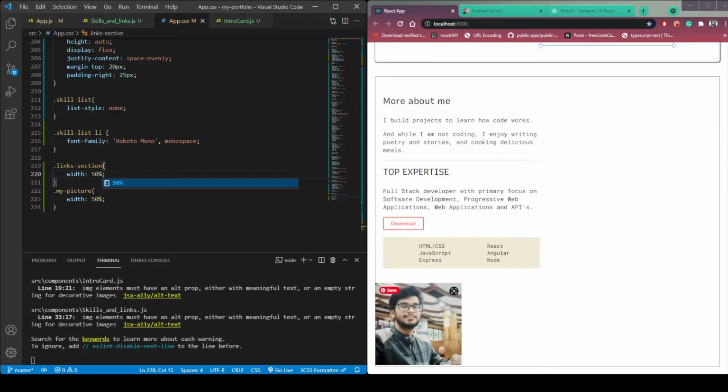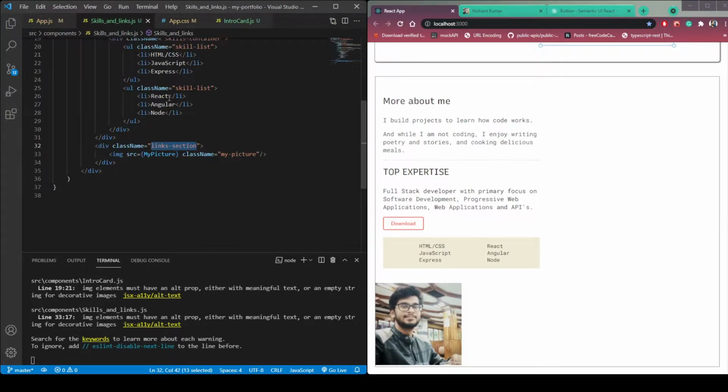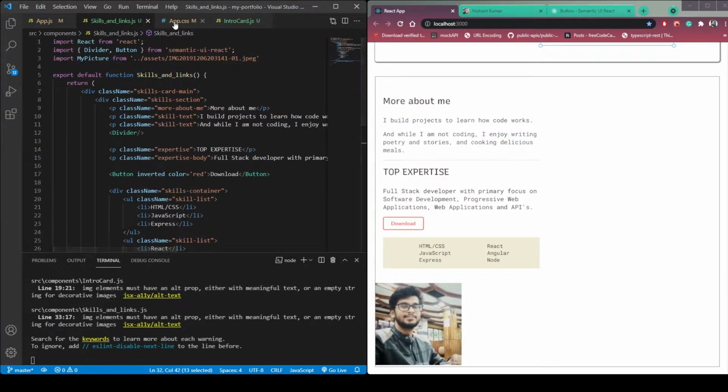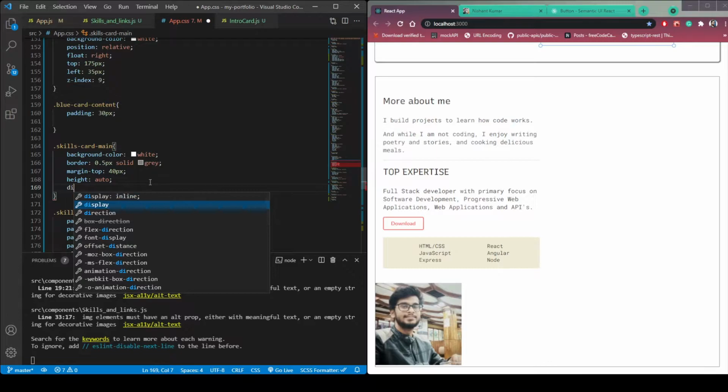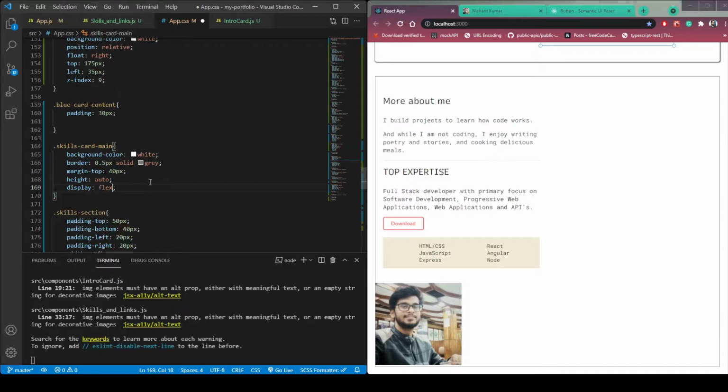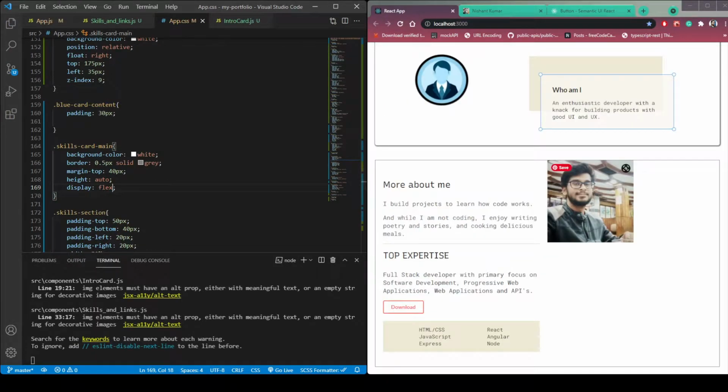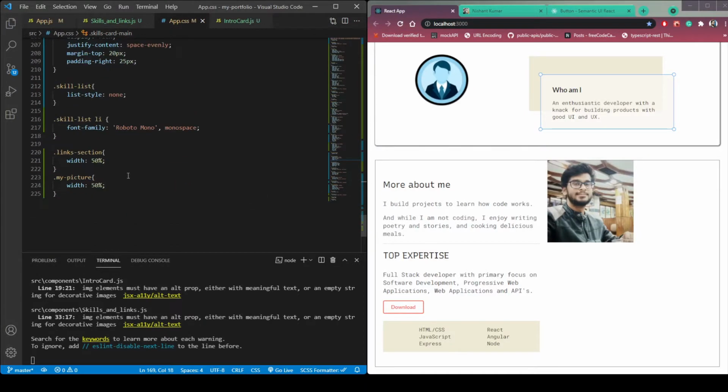Now we need to show this image and the left side horizontally side by side. So in this skills card main, let's use flexbox. So skills card main display flex, save it, and you can see the image is right here.